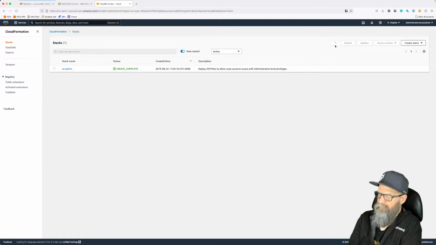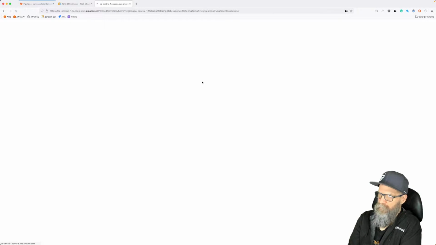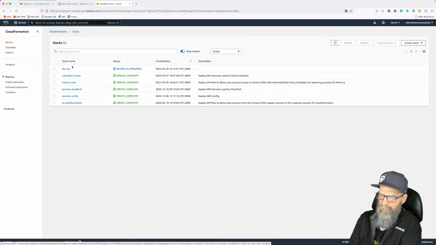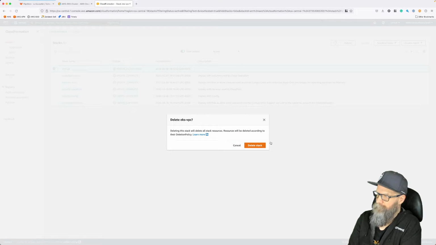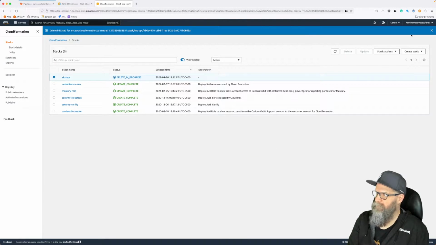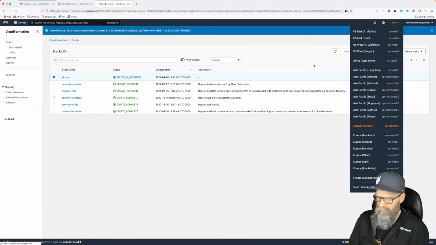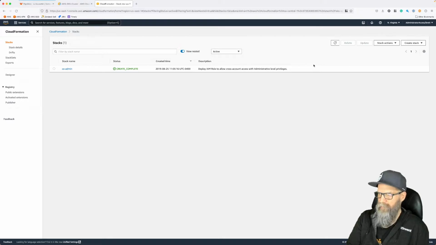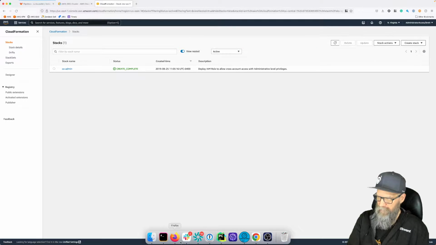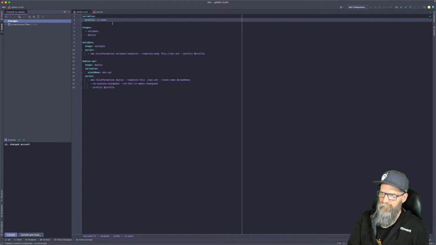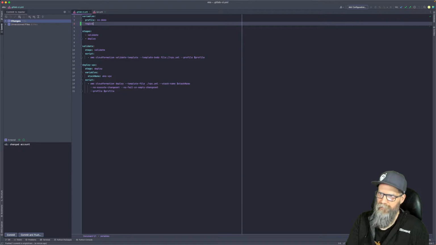All right, let's see if that sorted it out. It might now be going to the incorrect region. Yeah, okay, so there's what we want. The reason it went to the incorrect region is that in the setup here, we have GitLab assuming a role, and it uses a profile to assume that role. In this account, the role that it's using is pointed to the CA region instead of US East 1, which is what I want to use. So what we'll have to do is